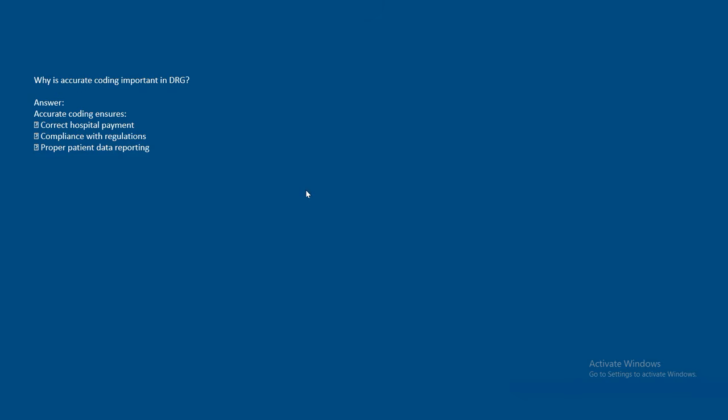Next one, why is accurate coding important for DRG? As we have discussed, for correct hospital payment, accurate DRG is required. For compliance with regulations, accurate DRG is required. For proper patient data reporting, accurate